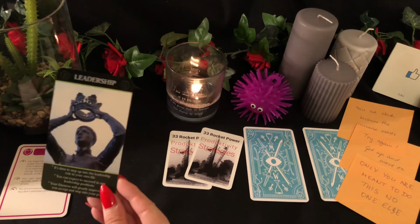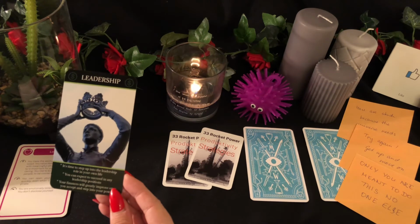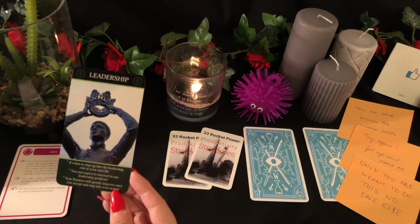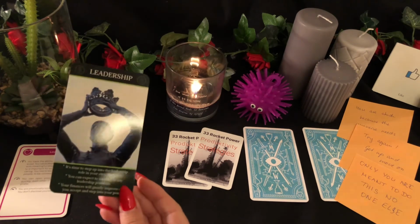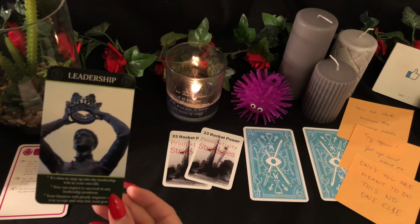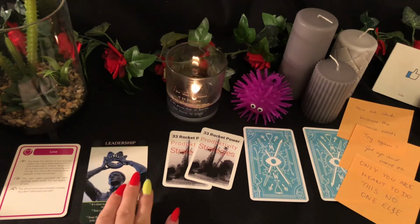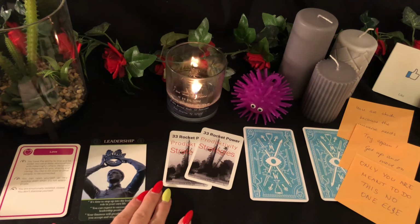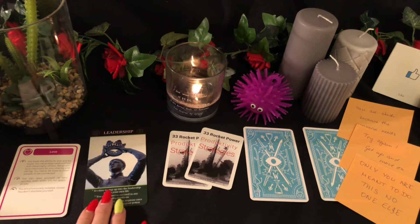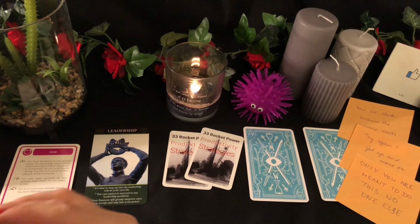Leadership. It's time to step up into the leadership role in your life. You can expect to succeed in any leadership. Your finances will greatly improve once you accept and step into your power. This card tells me you need to find certain times when you put on your crown and you study. That means that you lead. Yeah, you lead on the study. You decide. You are the leader, not your parents or friends that tell you they want to study at a